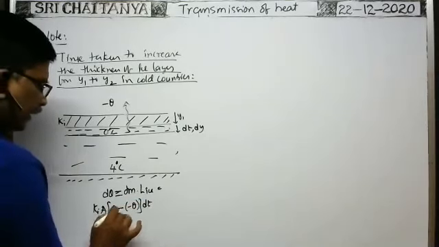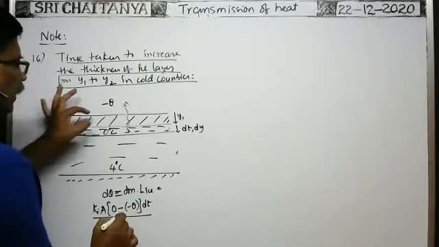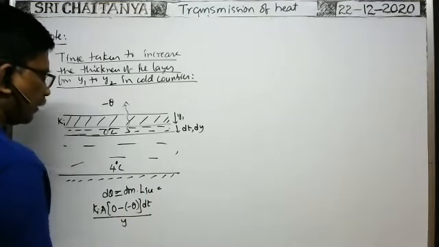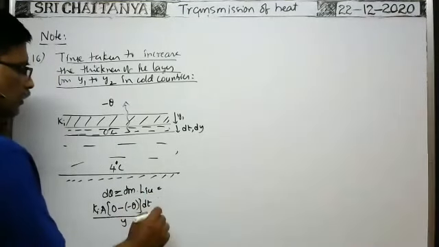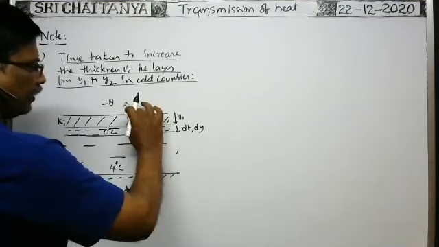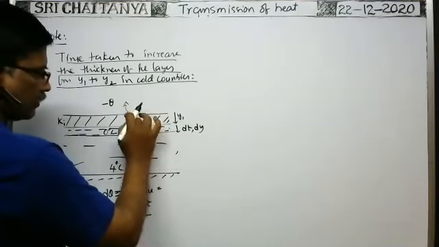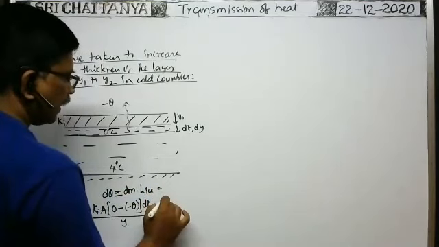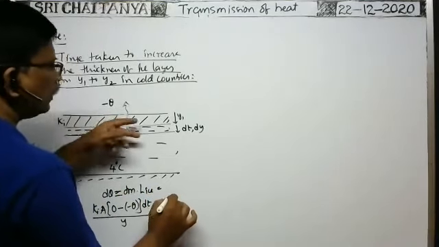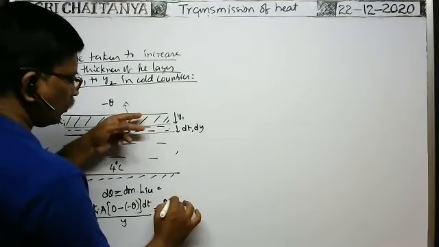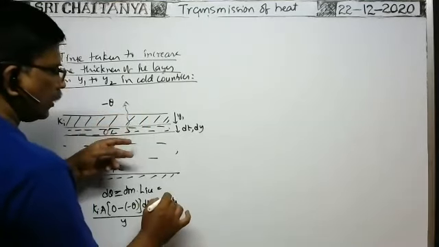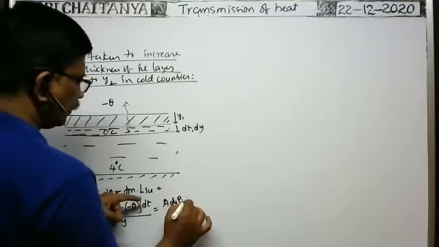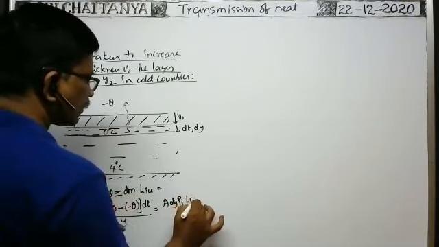That's why time taken dt, by the thickness of the ice layer formed, say in general y, because this is the length between two surfaces. That is y, which is equal to the mass of the ice layer. Mass of the ice layer means area into thickness of the ice layer formed, dy. That gives volume, into density of ice gives mass, into latent heat of ice.